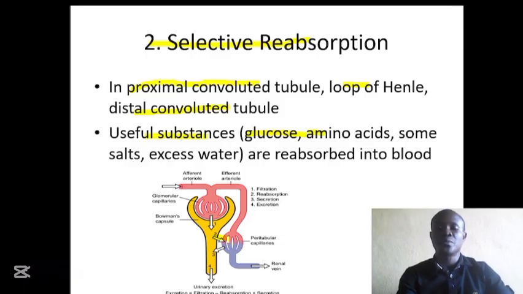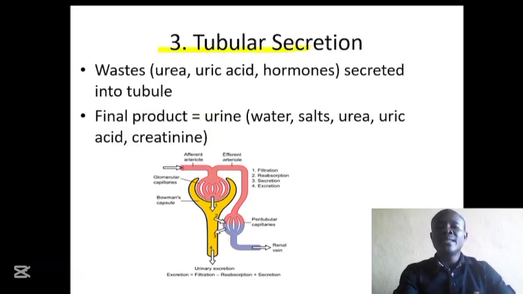the blood vessels. And number 3, we have tubular secretion. Here, some wastes which were not filtered into the glomerulus, they refused to be filtered and they have no use to the body, and they remain in the blood. They want to enjoy a free ride. What will happen? They will be secreted from the blood vessel directly into the tube of the nephron. As you can see on this slide, at number 3 you can see the arrow pointing from the blood vessel back into the tube. So all useless substances like urea, uric acid, some hormones will be filtered from the blood into the tube of